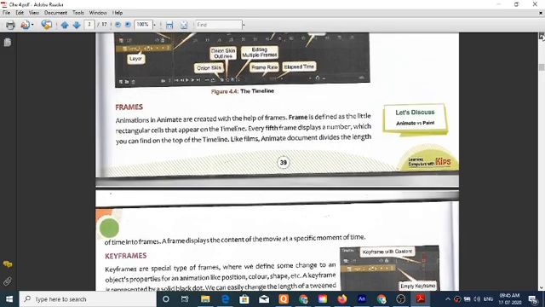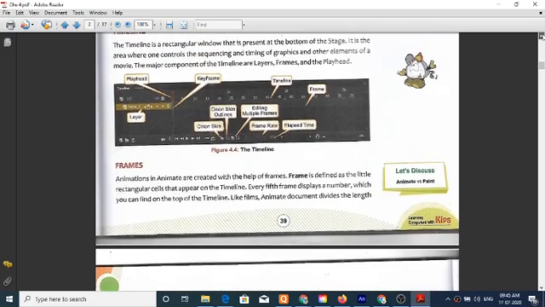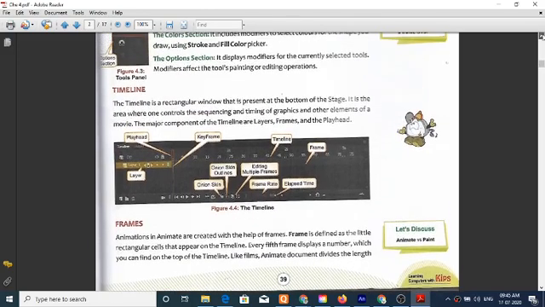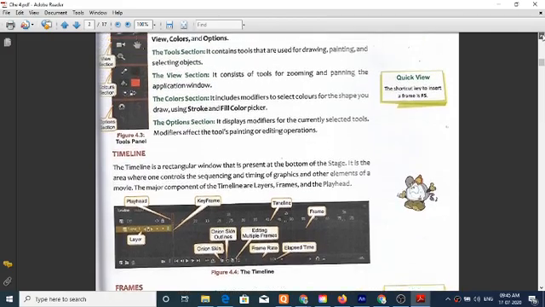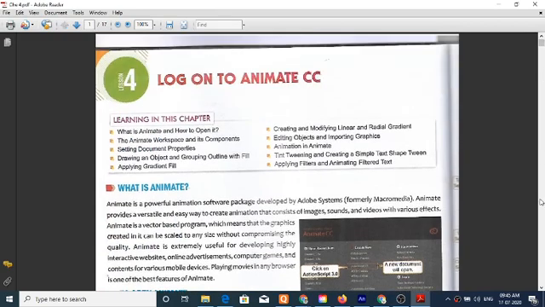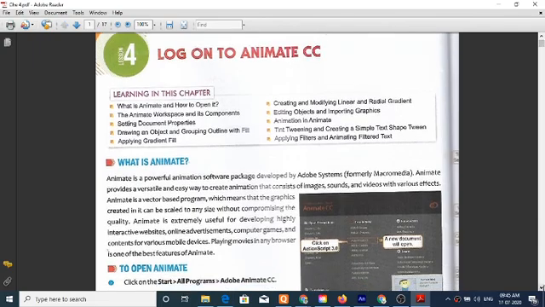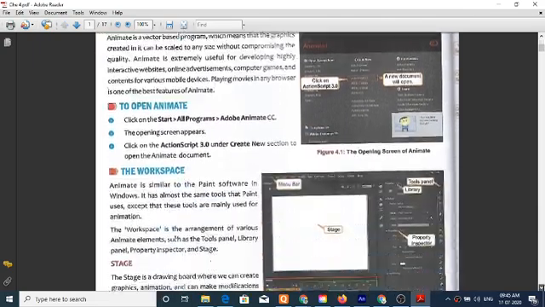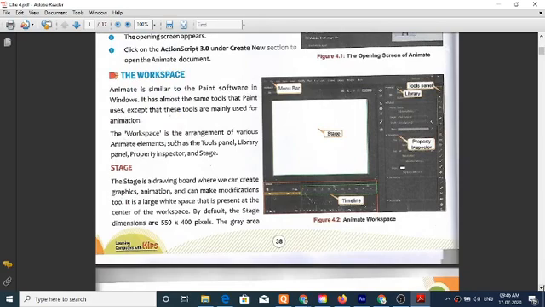Adobe Systems is a company; the previous company was Macromedia, and after Adobe Systems purchased it, this is part of Adobe Systems. And today we discuss menu bar, tool panel, libraries, properties inspector, timeline, stage.